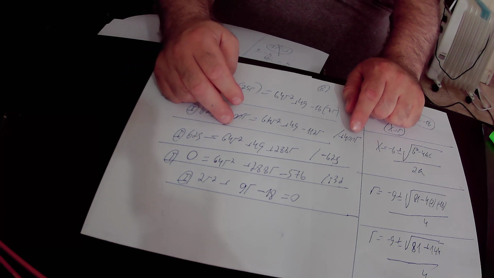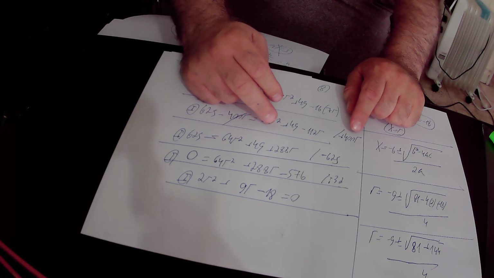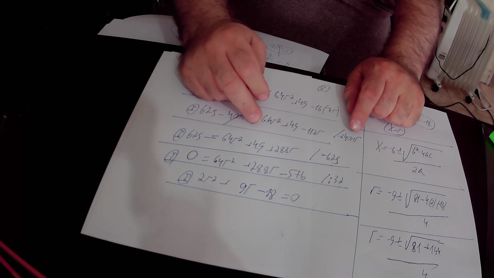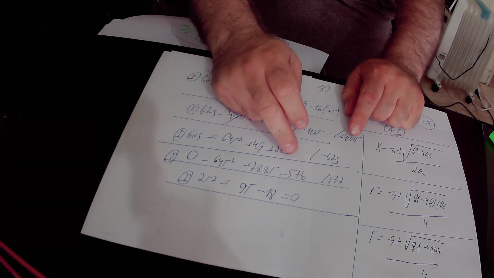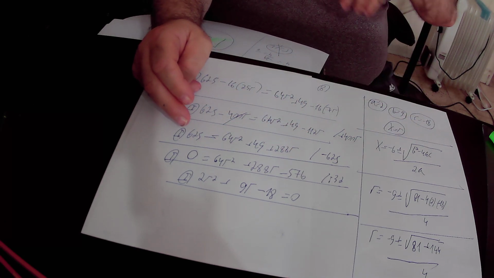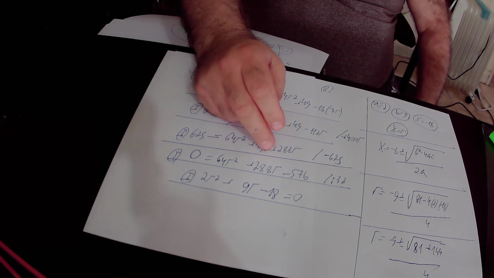We have here 64r squared, and we have also plus 288r, and we have 49 minus 625 equals minus 576. So in conclusion, according to equation number 1, we got that 0 equals 64r squared plus 288r minus